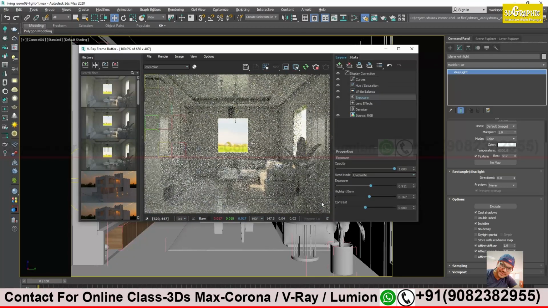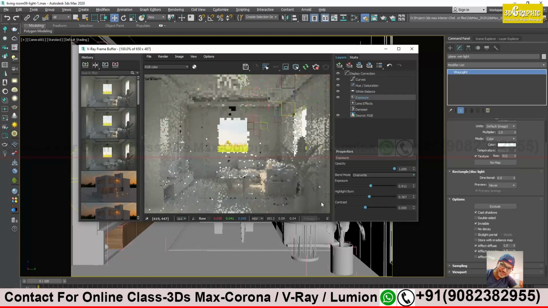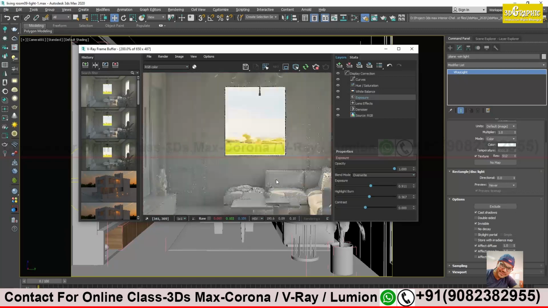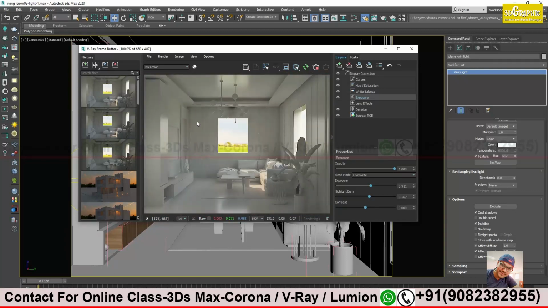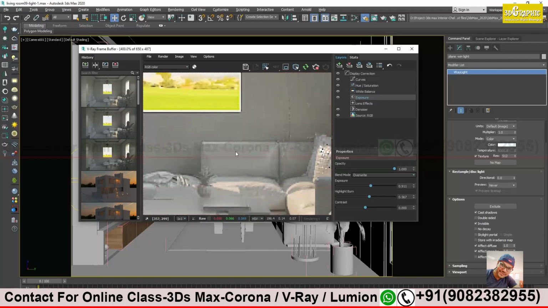If this is improving my scene, I will keep it, otherwise I will turn this off. See, for daylight the exposure will be very high, the brightness will be very high. So I think I should keep this.